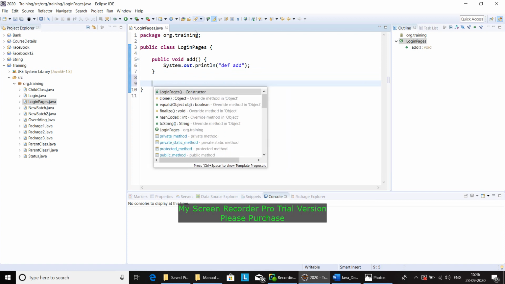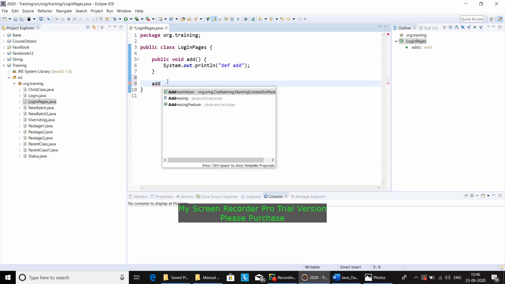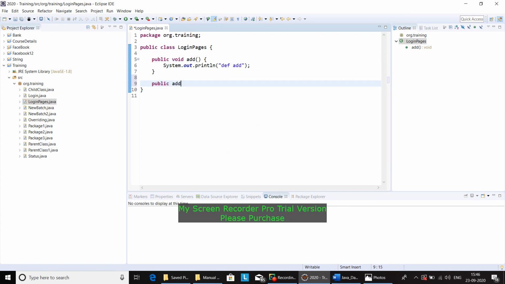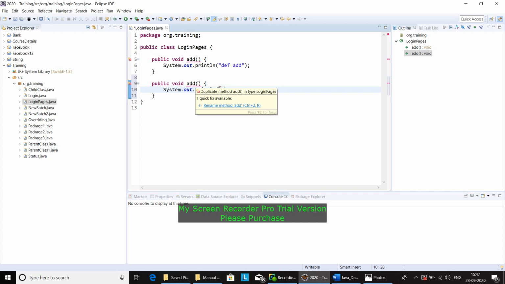Since the method names are the same, I cannot type add and press control space, it will show an error. So I will type this manually: public void add, and give the braces, don't forget, it will show an error otherwise. Now I am going to pass a different argument, a different data type: int a.